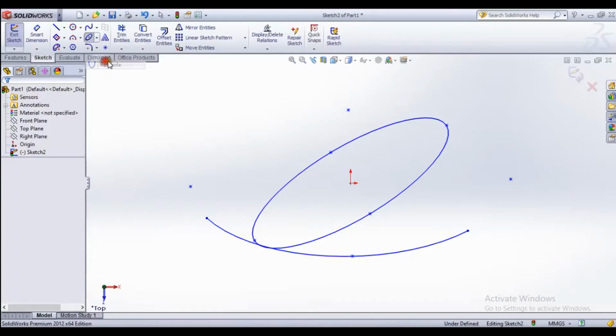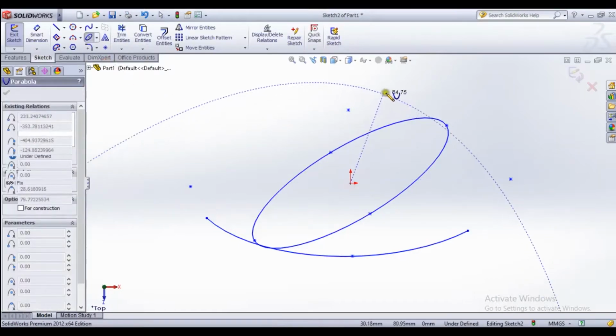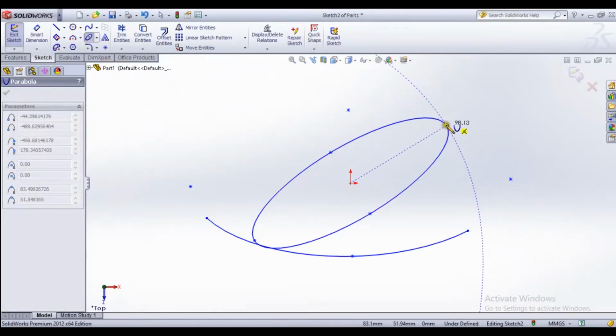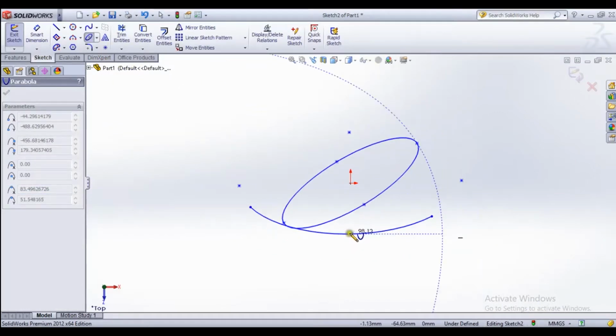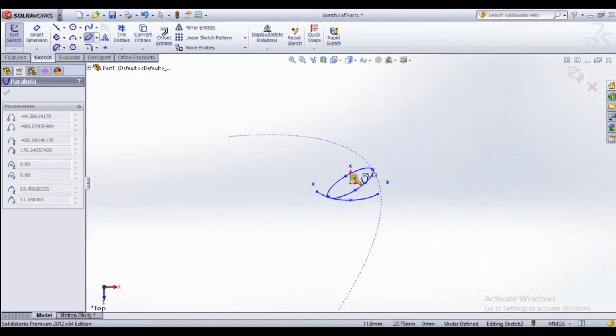And the other one is parabola. It's like an equation, so we need to know how this parabola works and why we draw these parabolas.